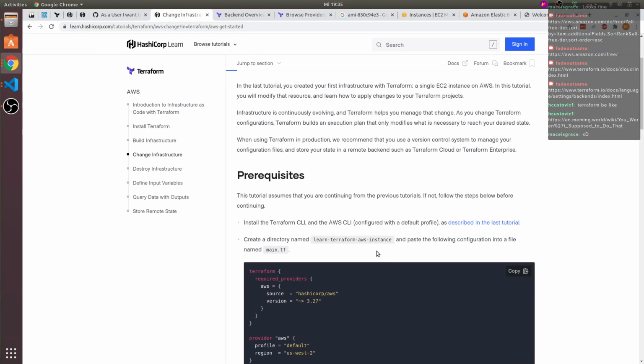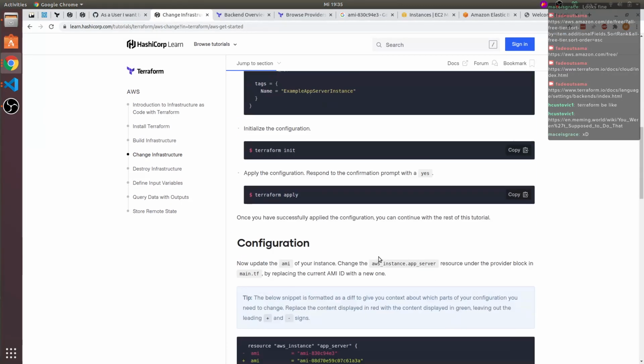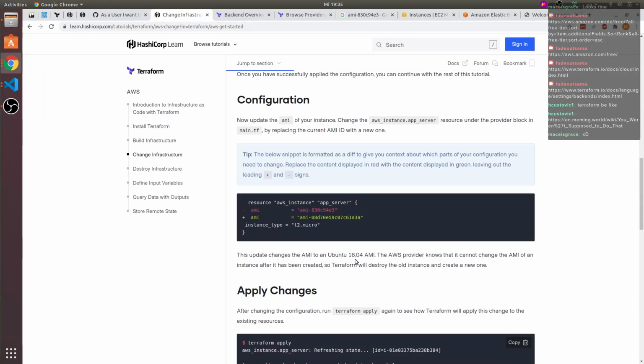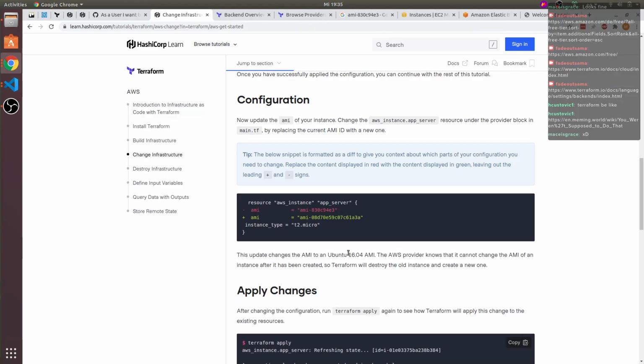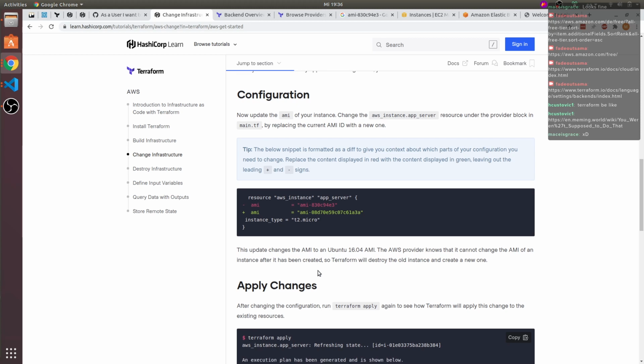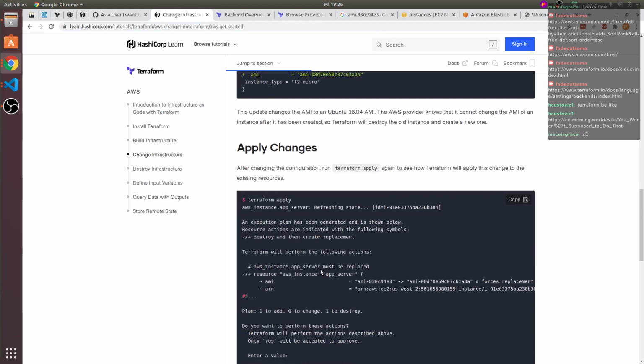What else would come? The changing of stuff. We did do that, in fact, with the Docker images for Nginx, if I remember correctly. We changed something there, and it used the resource as much as possible.